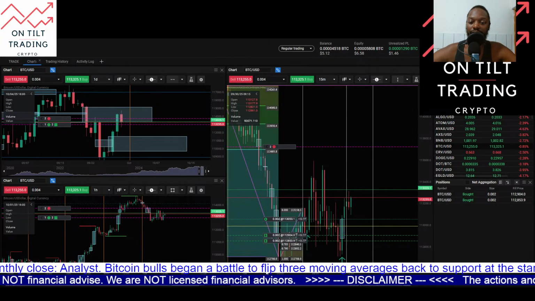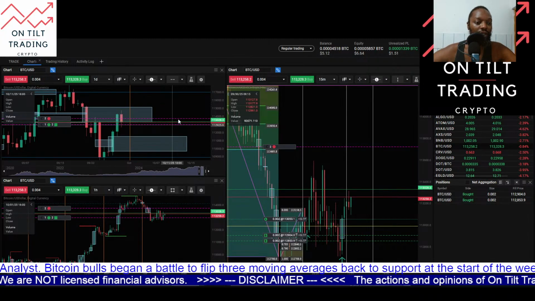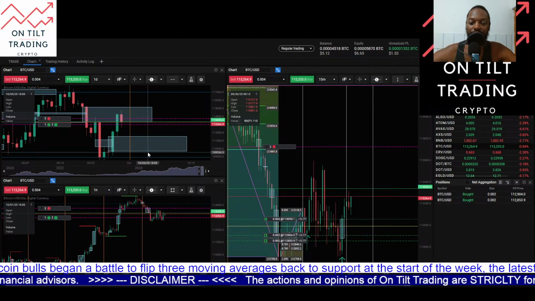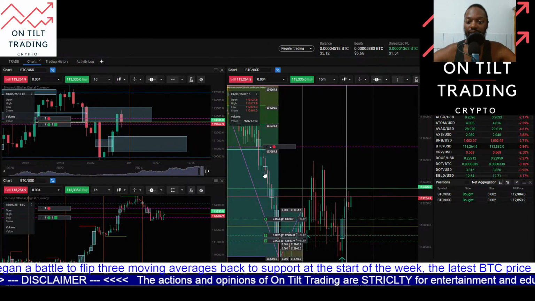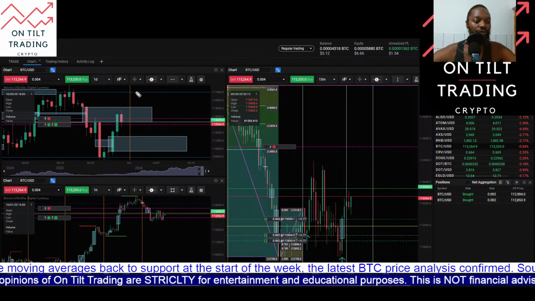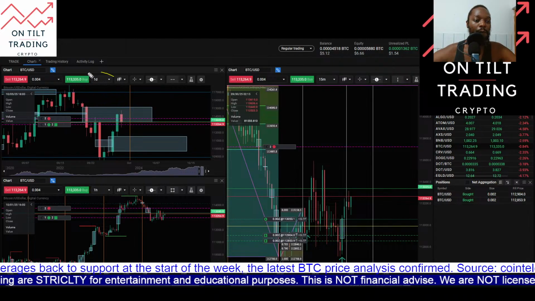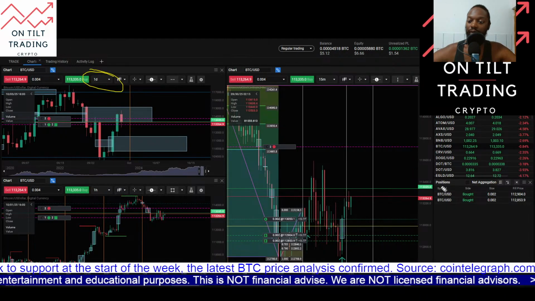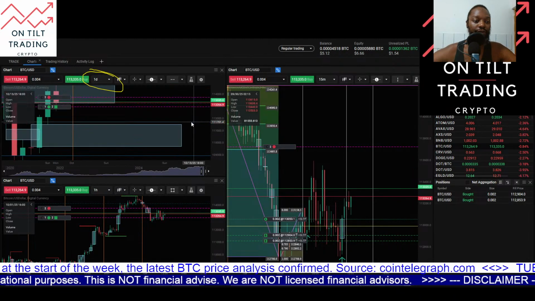I am currently long in Bitcoin, and this long position I am looking to exit and then immediately go short. So I'll walk you through what I have trading here, top down. Here on the daily chart, if I zoom in here,